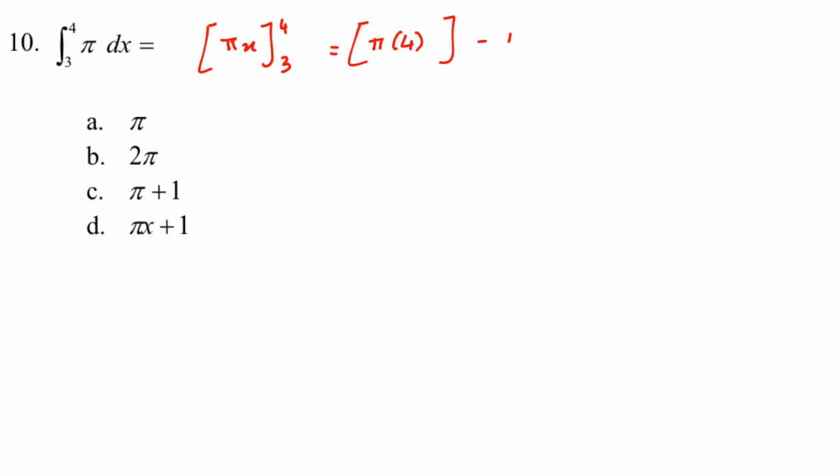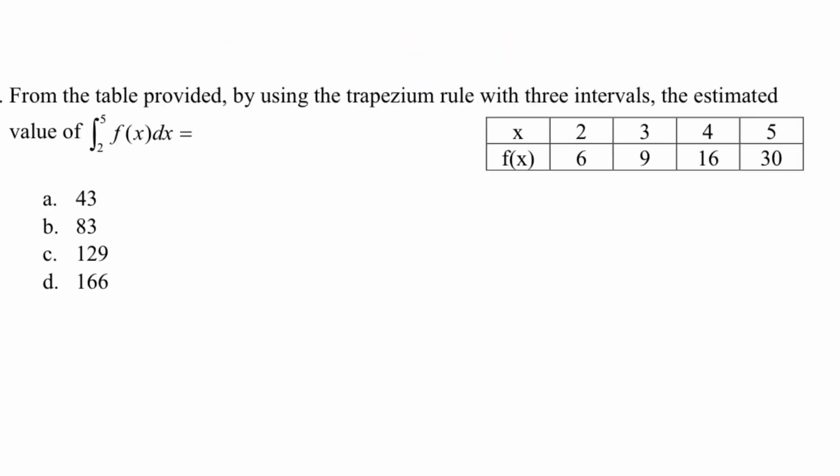And one time in place of x, we'll put 3. So you have 4 pi minus 3 pi, and the answer is pi. A is your answer. In the next question, we are asked to use the trapezium rule with 3 intervals, and